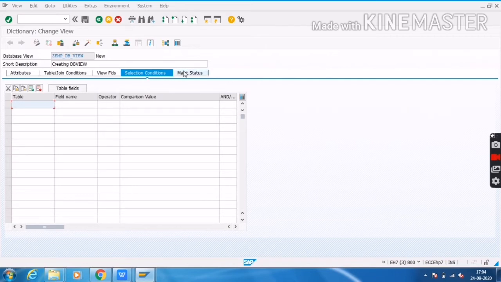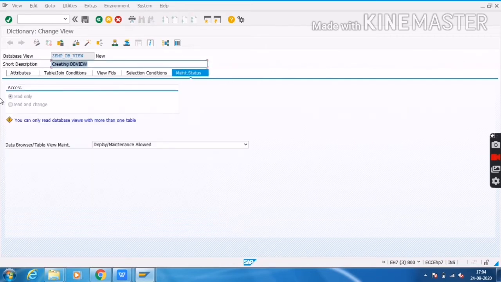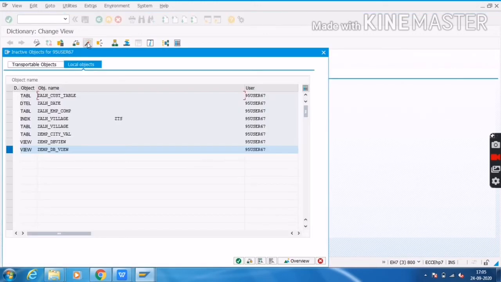Then click on the maintenance tab. As I said before, inside the database view, only read is possible; read and change is not possible. Here we can see the warning that you can only read database views with more than one table. Now I will click on save again and activate my database view.